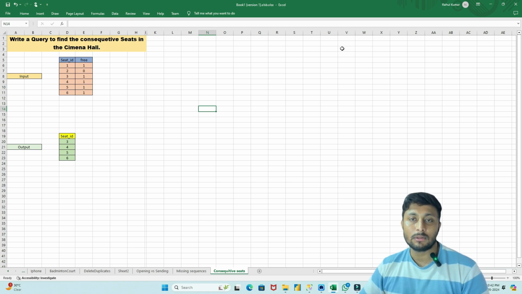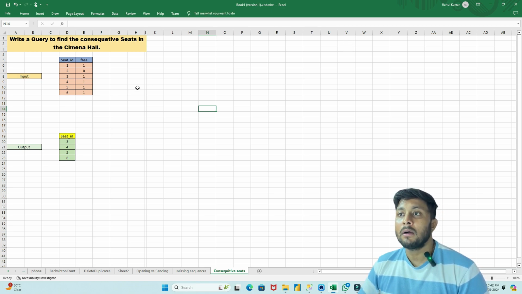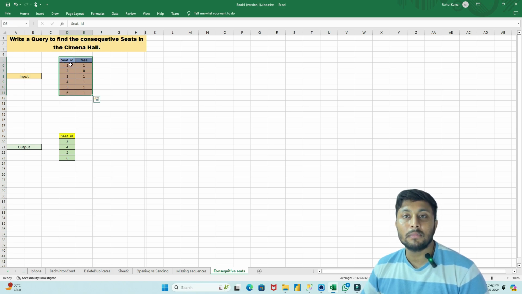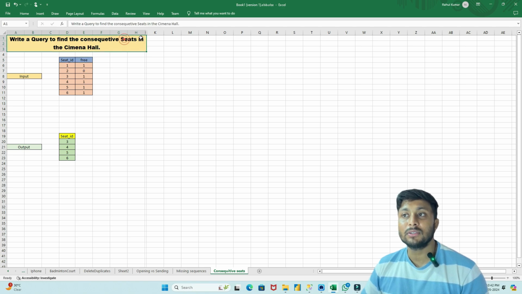प्रोडक्ट बेस्ड SQL का एक प्रोडक्ट बेस्ड क्वेश्चन के बारे में बात करेंगे, जहाँ पे हमें एक सिनेमा हॉल का डेटा दिया हुआ है। This particular seat ID represents the number of the seat, that is 1 2 3 4 5 6, and the free column will represent whether this particular seat ID is free or not. Okay, so we have to write a query to find the consecutive seat IDs. ऐसे consecutive seat IDs निकालना है जो कि फ्री हैं।